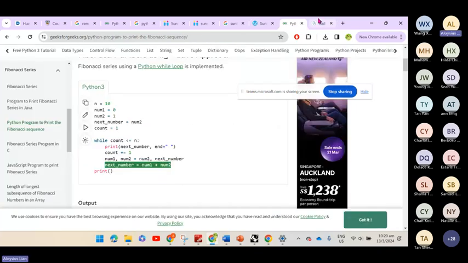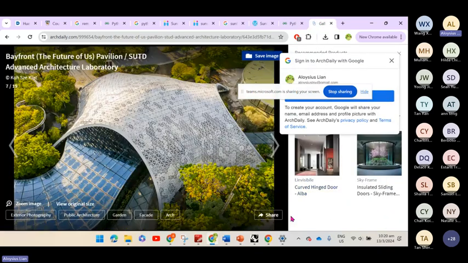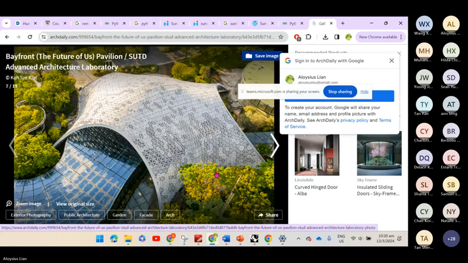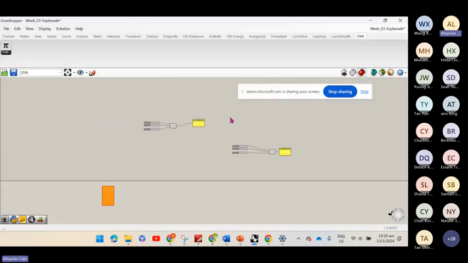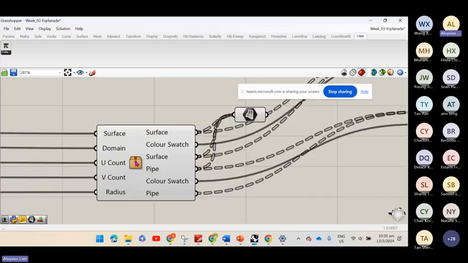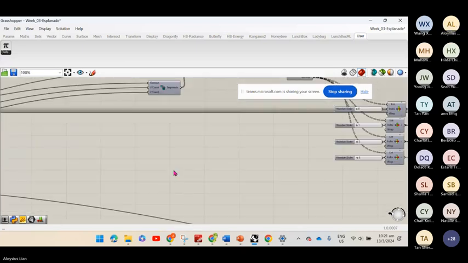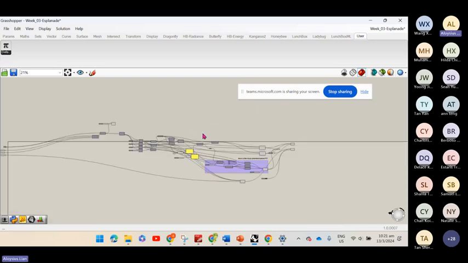So this is how you can achieve something beautiful with a simple code. And how does that apply to us practically? Okay. So for example, this project that I did when I was at SUTD, right? It could have been done in Grasshopper, but it would have been very painful to do because you will see that there will be a lot of spaghetti strands, right? Like what you saw earlier on. If I were to explode this, it is just to create a very simple Esplanade with a very simple, consistent spacing of the dimensions, as well as